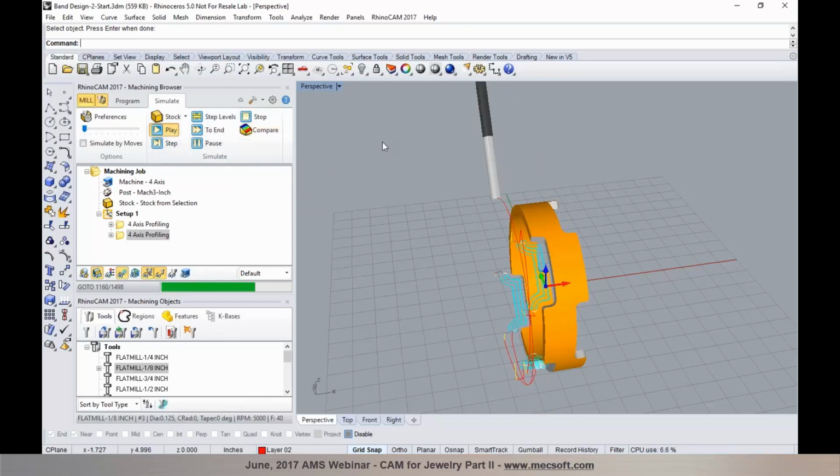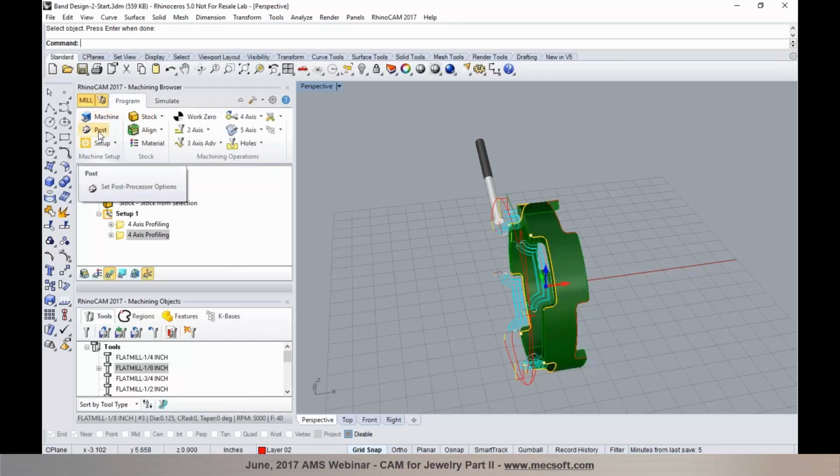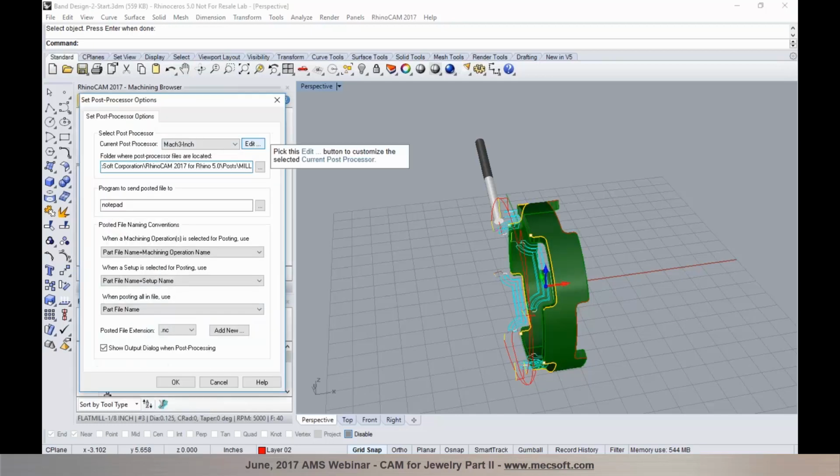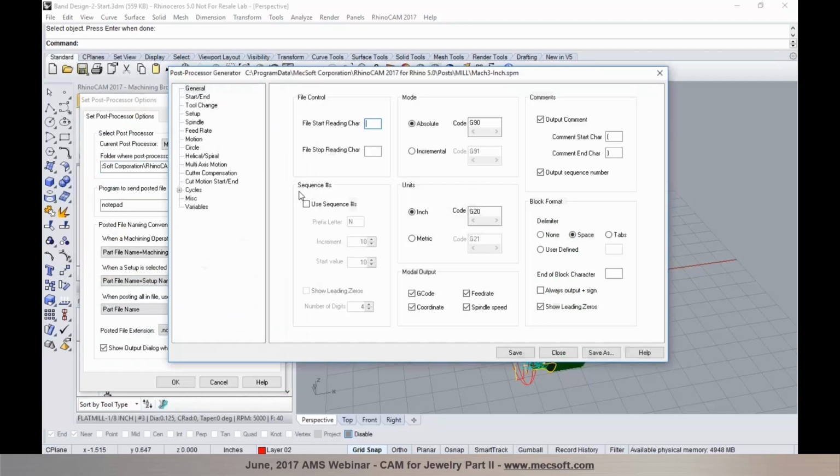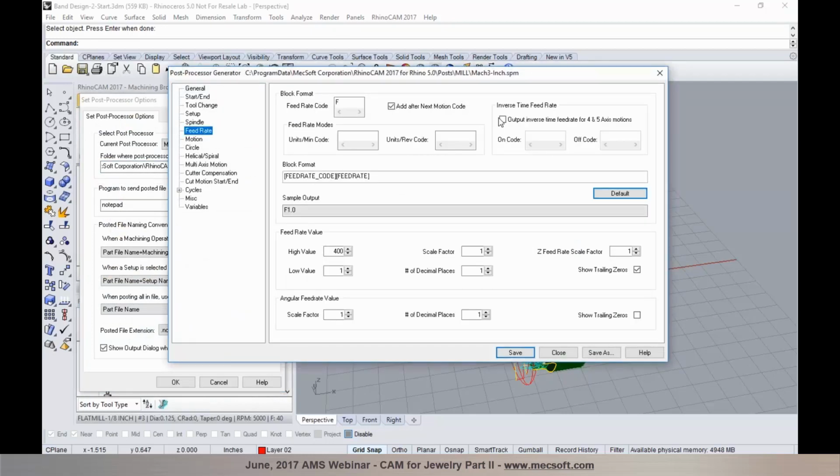Now when post-processing these toolpaths, we now have the ability to output inverse time feed rates. So you can go ahead and enable the inverse time feed rates. If your controller expects a G93 or a G94, you can go over to your feed rate section in here and you can enable this inverse time feed rate and select the code to toggle it on and toggle it